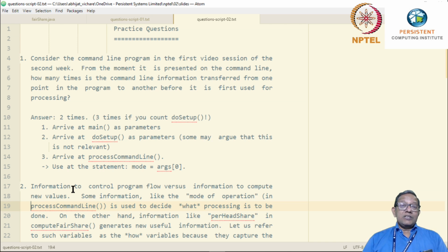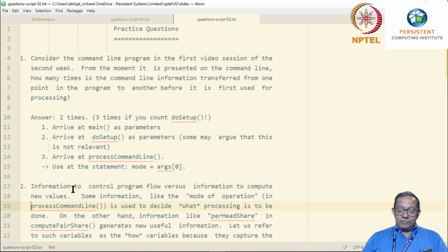If there are any assumptions, for example, if you assume that do setup should not be counted, then please explicitly say so. If you do not say so, there is no way one can be sure that you understand the way you count. Instead, it will just be a set of arguments. Unfortunately, we will not be able to give credit whenever it is just an issue of arguments. So please try to be as clear as possible whenever you answer questions.